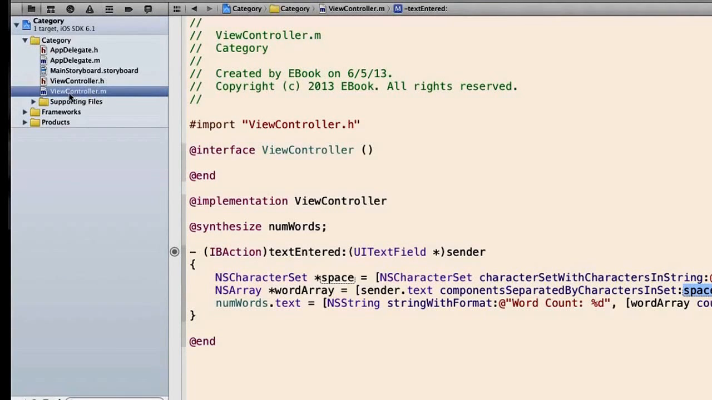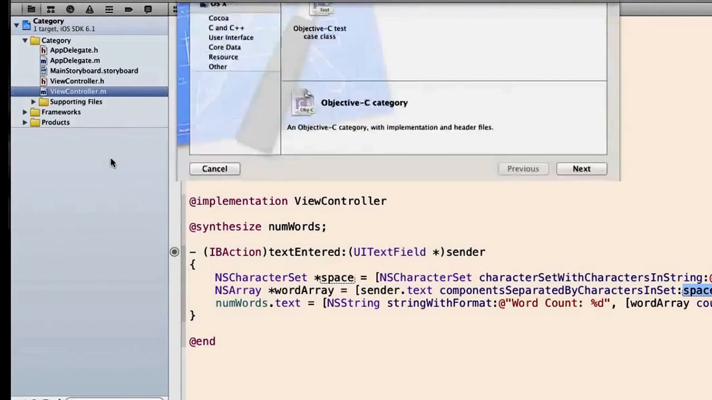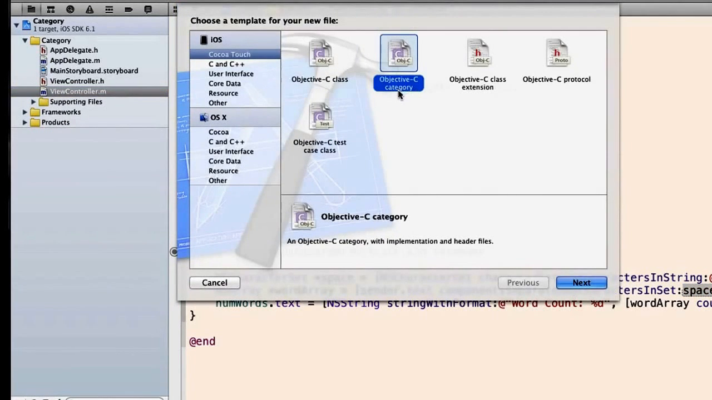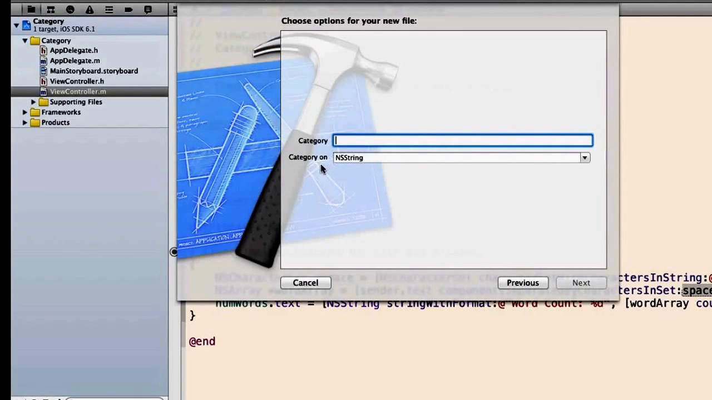The first thing I'm going to do is right-click here wherever I want to put my category, and I'm going to add a new file. And this new file is going to be of type Objective-C category. I'll click Next. And I want this category on, in other words, the class I'm extending with this category is going to be NS string. So the category is on NS string. And I'm just going to call this